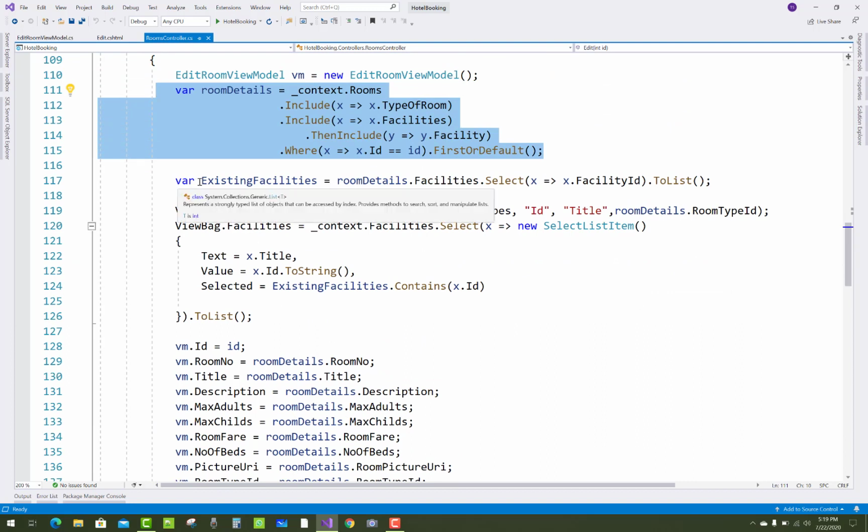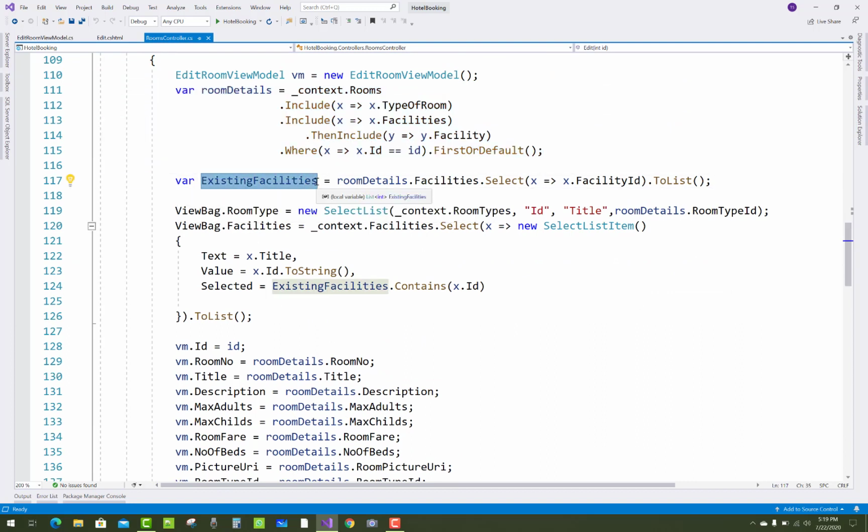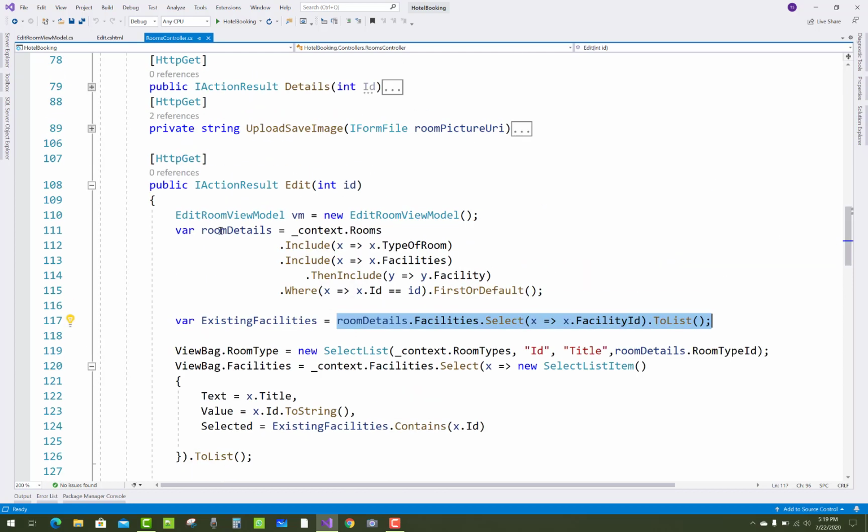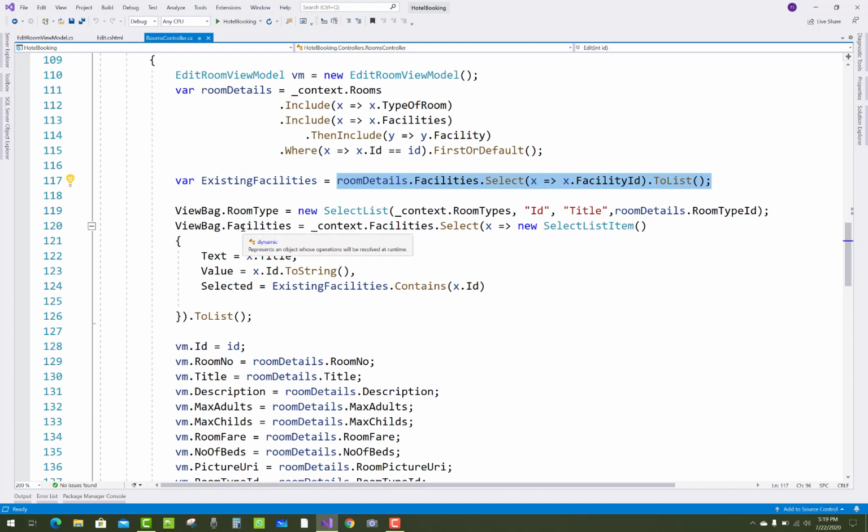Existing facility, that I mean to say this is the facility existing in the middle table. So roomDetails.Facilities.Select facility ID, there is room details. So facilities is in the ViewBag, and the ViewBag also has the room types.